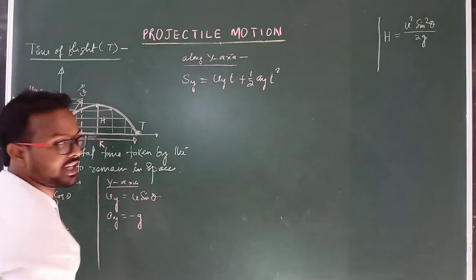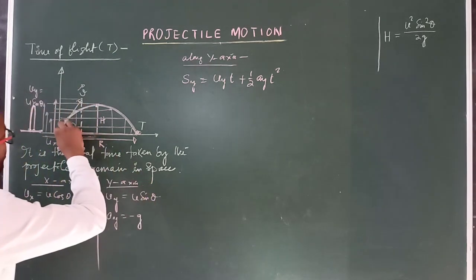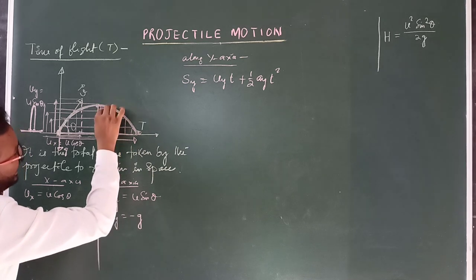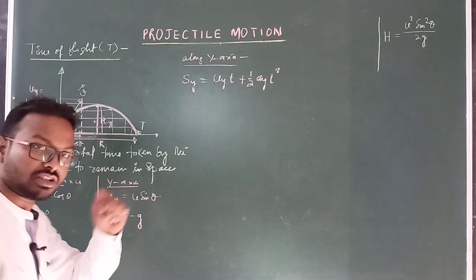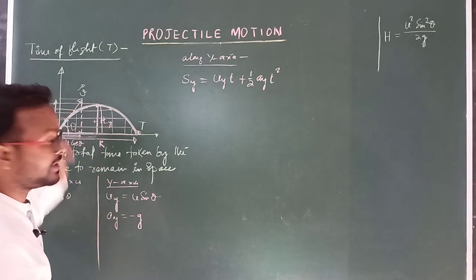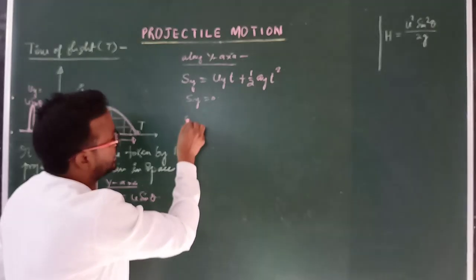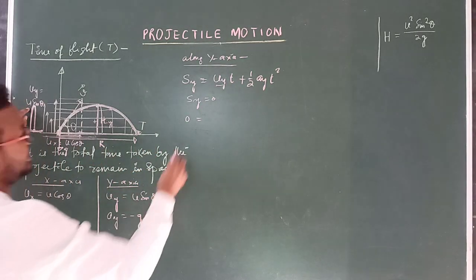And what is sy? Sy means displacement along the y axis for total time t. Displacement depends on the sign convention: plus y, and here minus y. So here the displacement is 0, so sy equals 0. So you can write 0 equal to ut, where the initial velocity along the y axis is u sin theta,